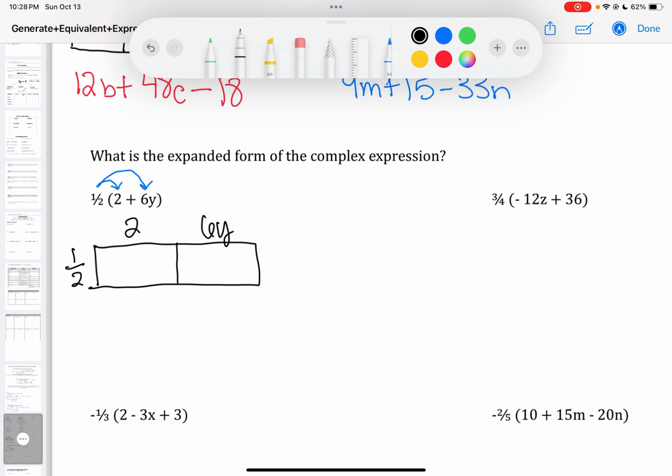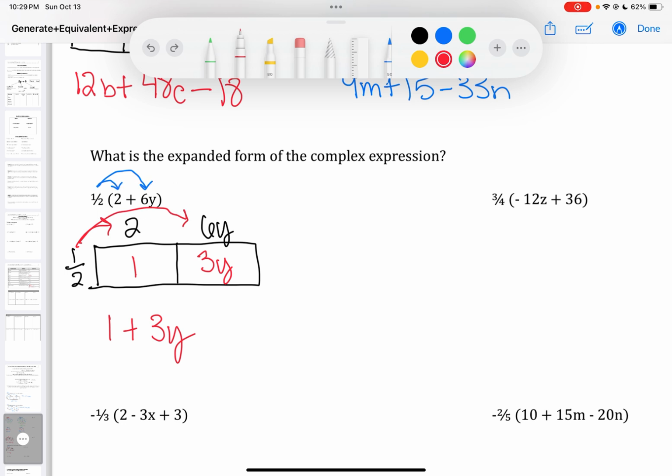Now at this point, you are free to use your calculator, but I know that multiplying by 1/2 is the same thing as dividing by 2. So 1/2 times 2 will equal 1, and 1/2 times 6y will equal 3y. We're going to multiply like normal, even if it's a fraction, and just keep the variable the same. So then this can be rewritten as 1 plus 3y. So when you are multiplying by a fraction, unless it is an improper fraction, usually, well, all of the time, your terms that you started off with